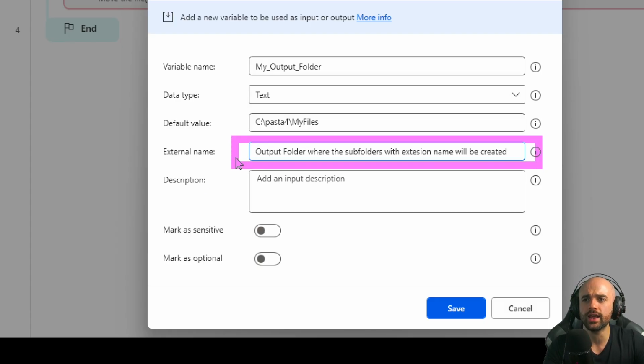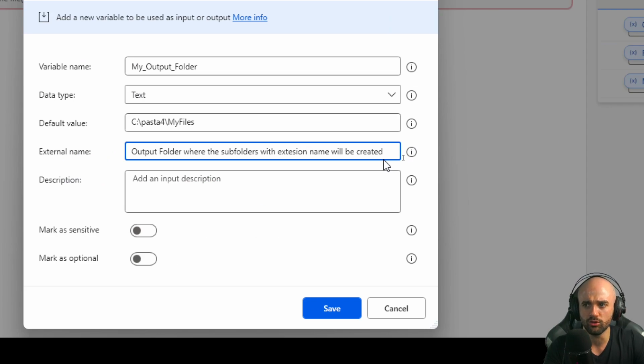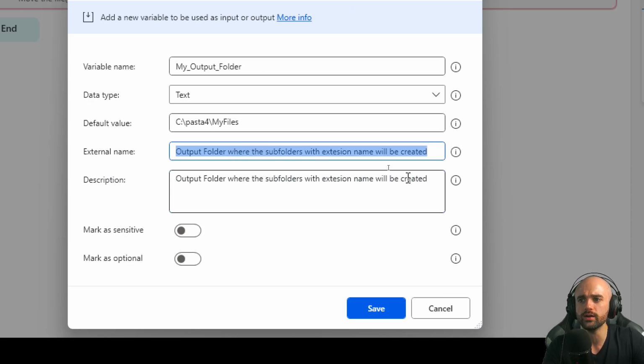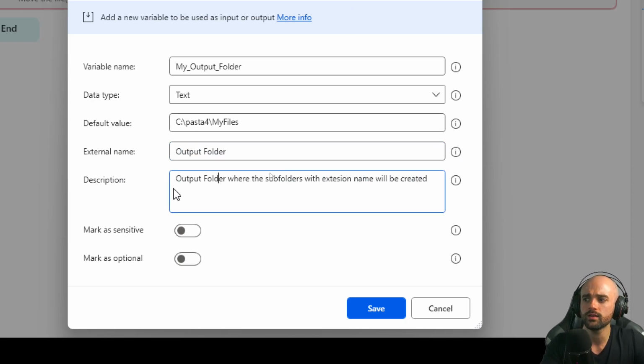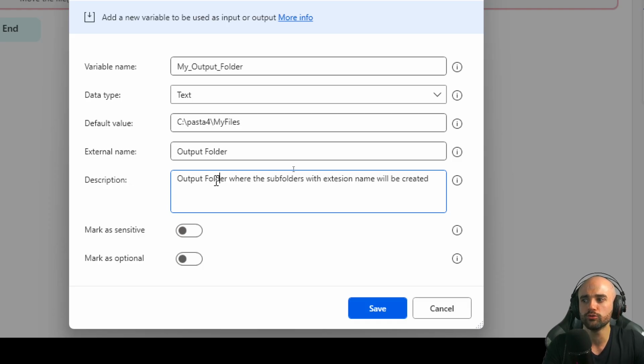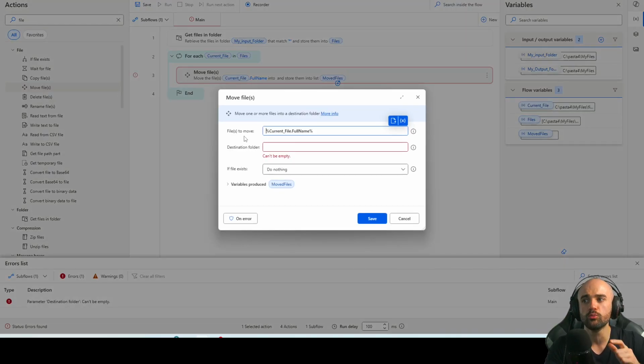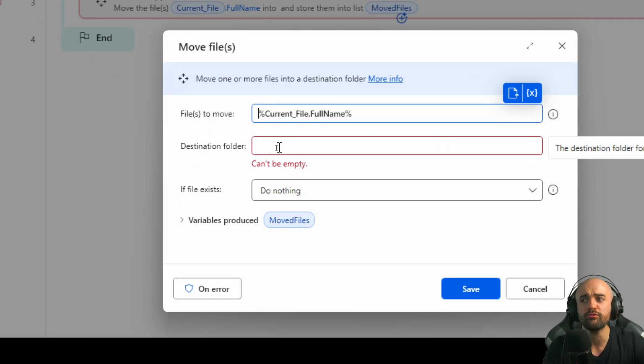This is an external name. It can be the description because it's so long, right? But the external name could be output folder, and the description will be the output folder where the subfolders with extension name will be created and where the files will be stored. Save it, and what I'm going to do here is try to move this file to a specific folder